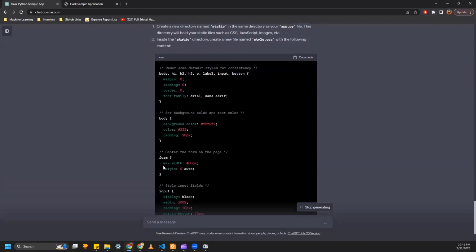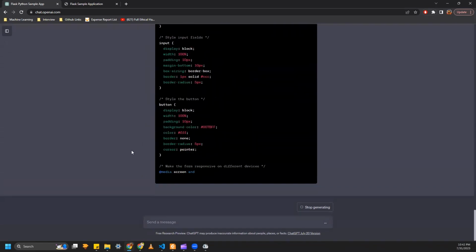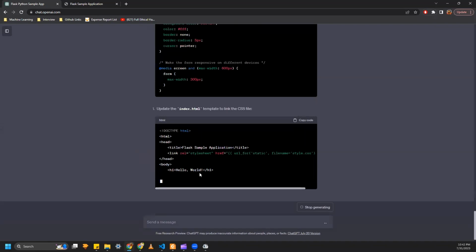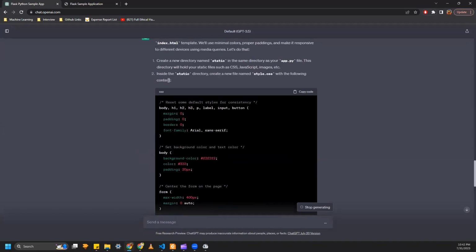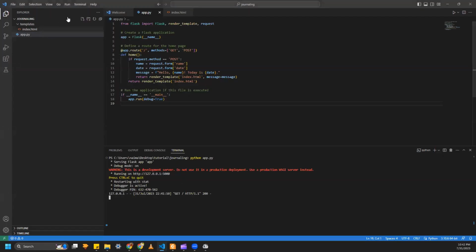There you go. Now it is creating a CSS file. It also tells you where to put this CSS file. So it says to create a directory called static and then put this style.css in it. Let's create a new folder, static,